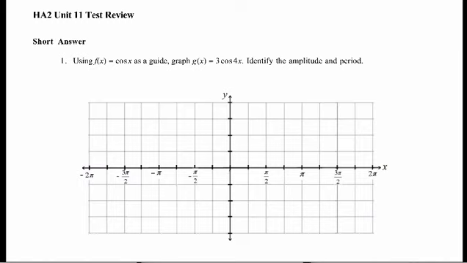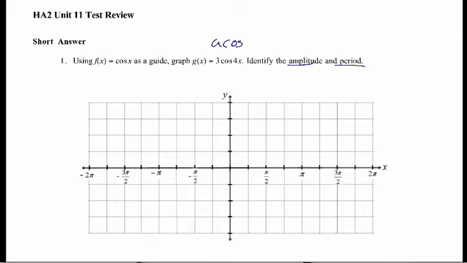Alrighty, number one, it says using f of x equals cosine of x as a guide, graph g of x equals 3 times the cosine of 4x. Identify the amplitude and period. Let's start with that. Amplitude and period, on that cheat sheet that you were given, you've got your general form